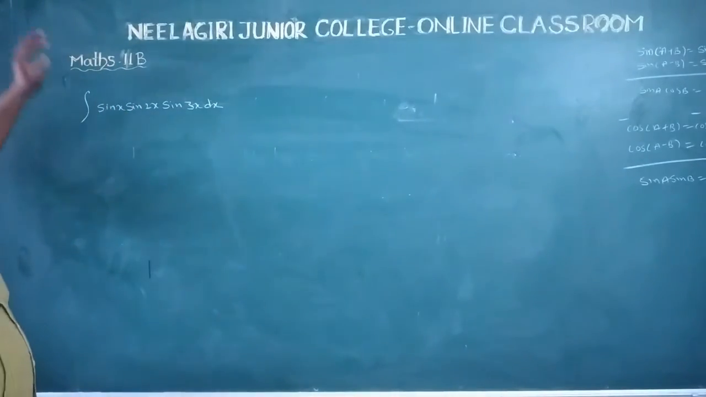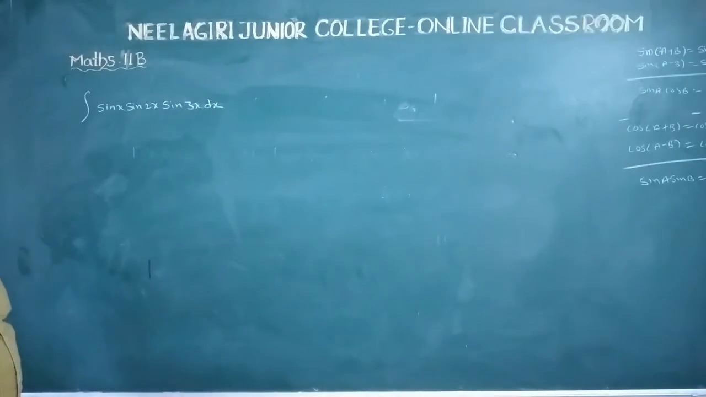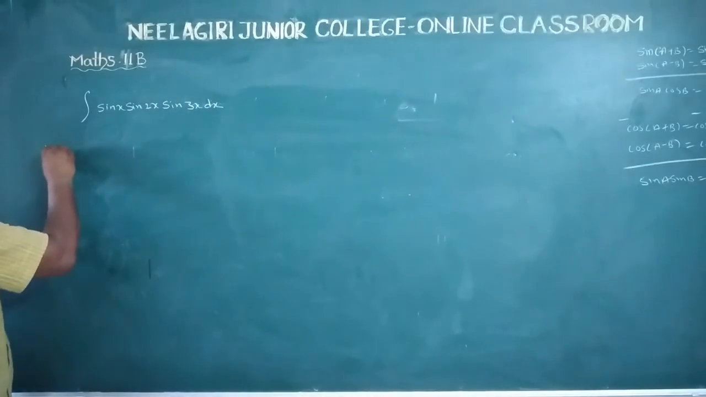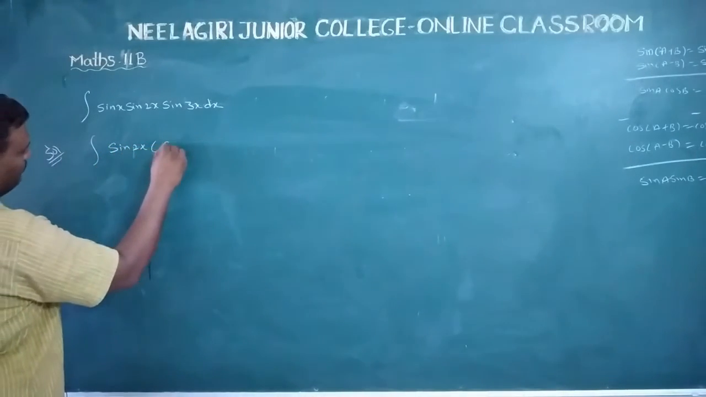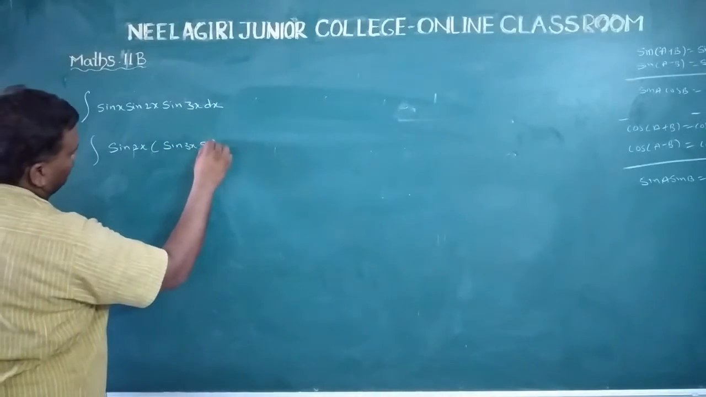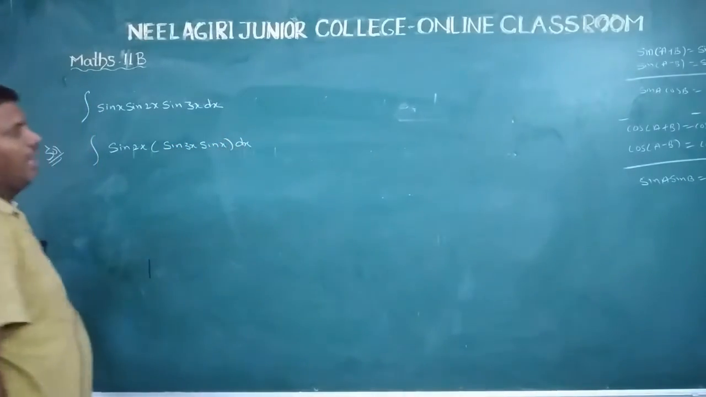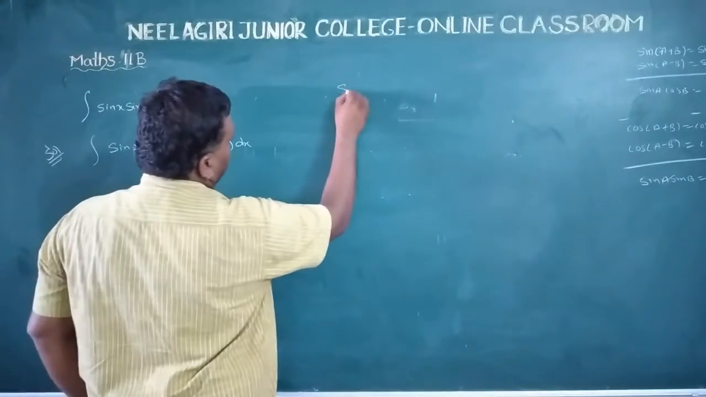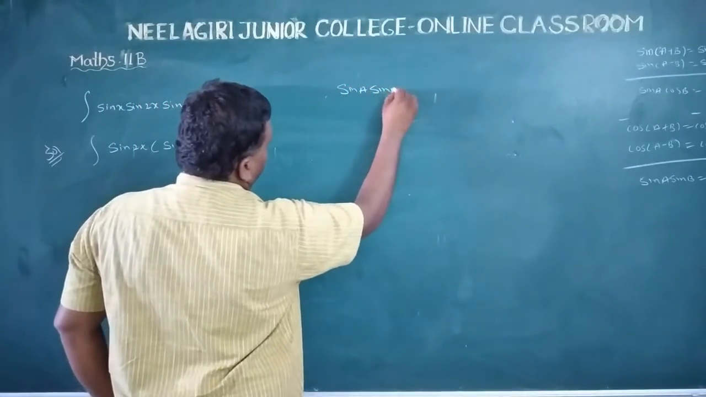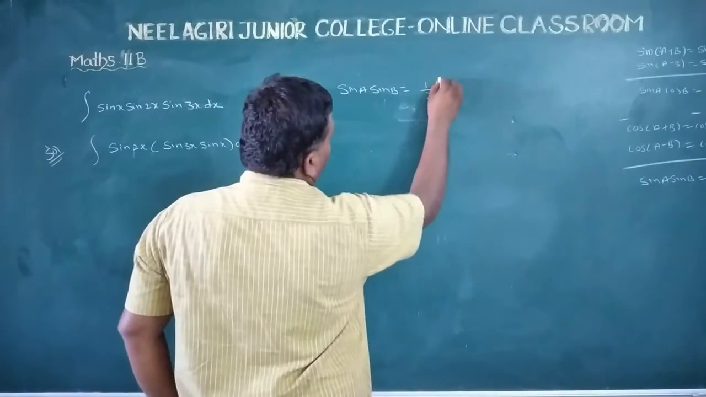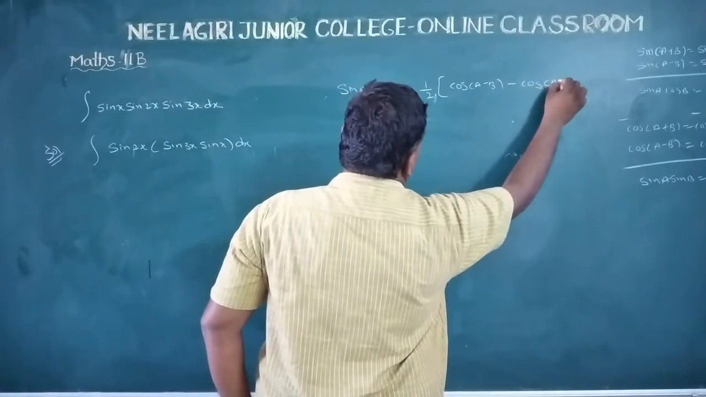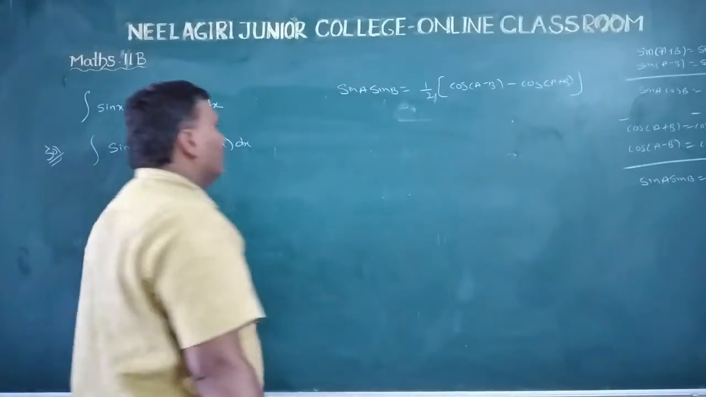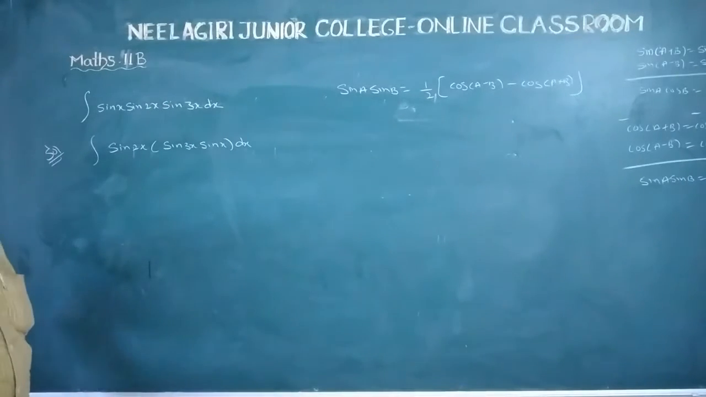What is the problem? Integration of sin x sin 2x sin 3x. First we write the integration of sin 2x into sin 3x into sin x dx. Already we know that sin A sin B is equal to 1 by 2 into cos of A minus B minus cos of A plus B. What is the formula? Sin A sin B is equal to 1 by 2 into cos of A minus B